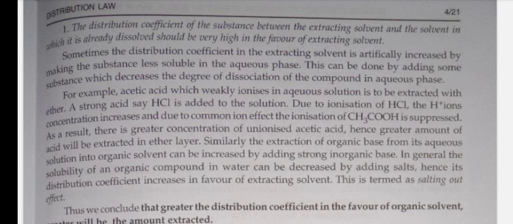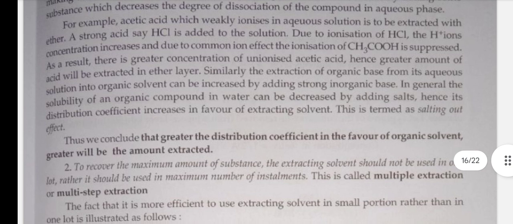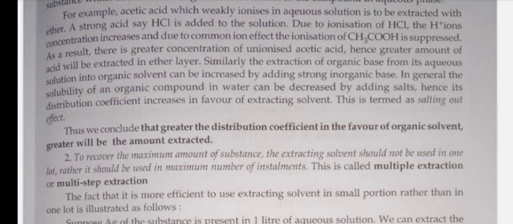Sometimes the distribution coefficient in the extracting solvent is artificially increased by making the substance less soluble in the aqueous phase. This can be done by adding some substance which decreases the degree of dissociation of the compound in the aqueous phase. For example, acetic acid, which weakly ionizes in aqueous solution, is to be extracted with ether. A strong acid, say HCl, is added to the solution. Due to the ionization of HCl, the H plus ion concentration increases, and due to the common ion effect, ionization of acetic acid is suppressed. As a result, there is greater concentration of unionized acetic acid,